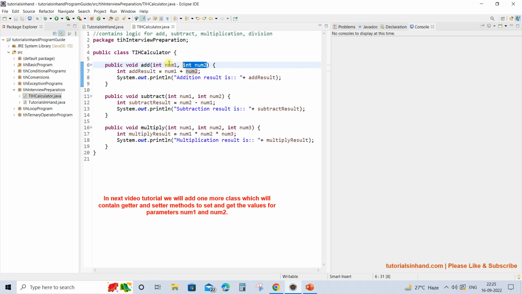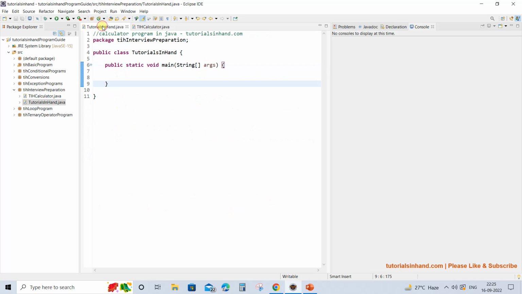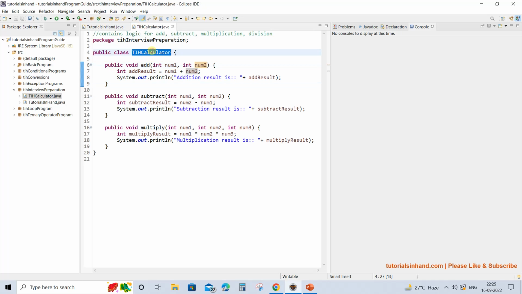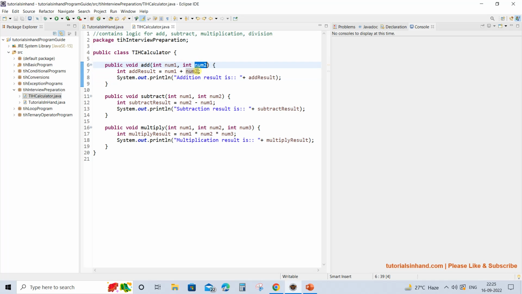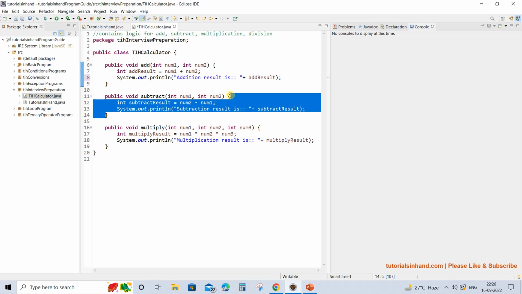For now, instead of using getter and setter to pass these parameters, I will pass them as hard-coded values. So you can see that this TIH calculator class has a method add, which accepts two parameters of type integer, and then after accepting them, it adds those numbers and stores the result in the integer variable add result, and then in the next line it simply prints the result as shown over here.